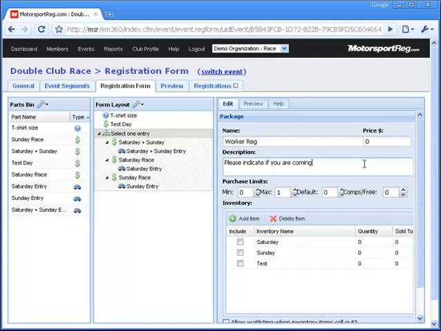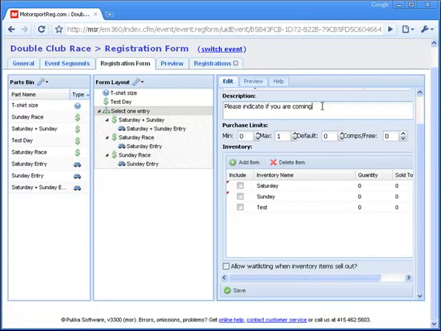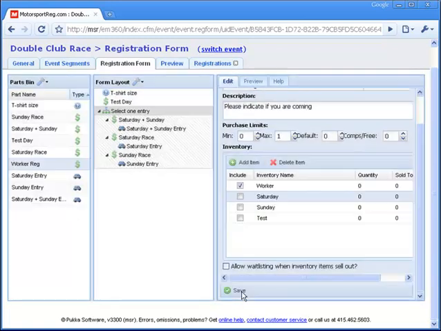We're also going to need to add a new inventory item so we can track the worker registration separately from the race entries and the test day. We'll save it, bring it onto the registration form,